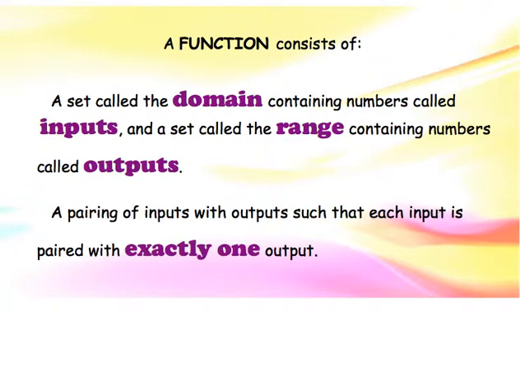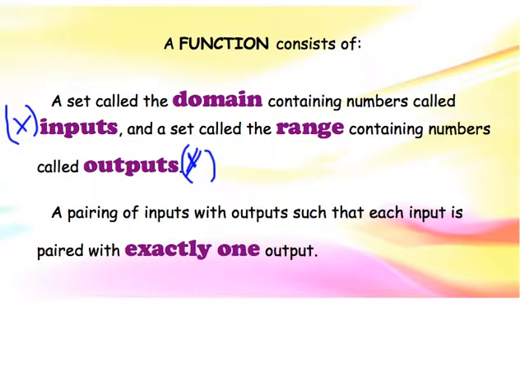A function consists of a set called the domain, which contains the numbers called inputs. Sometimes we call that the set of all x's. And there's a set called the range containing numbers called outputs, and we call those the y's. Okay, so just to be clear, the inputs are usually the x's, and the outputs are usually the y's. A pairing of inputs with outputs such that each input is paired with exactly one output is the definition of